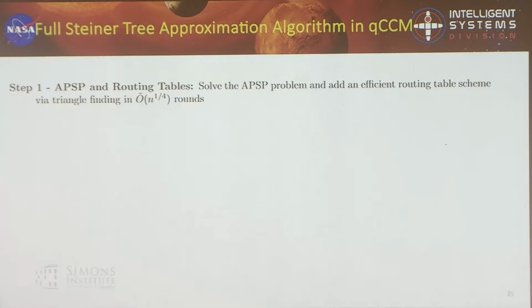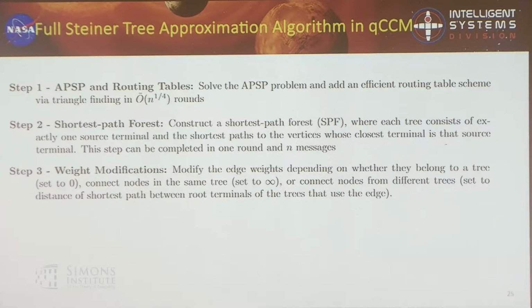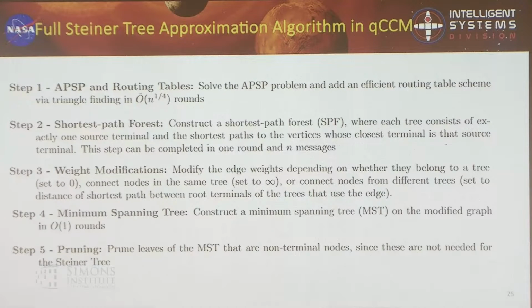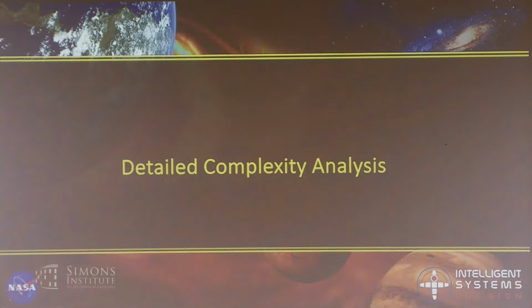And that's really the big speed up in terms of the number of rounds: getting the all pairs shortest path and the routing tables. We'll also need steps to do the shortest path forest and weight modifications, and construct a minimum spanning tree, and then do some pruning, but those are all fast. So really it's step one that's important. And then, we were able to prove this